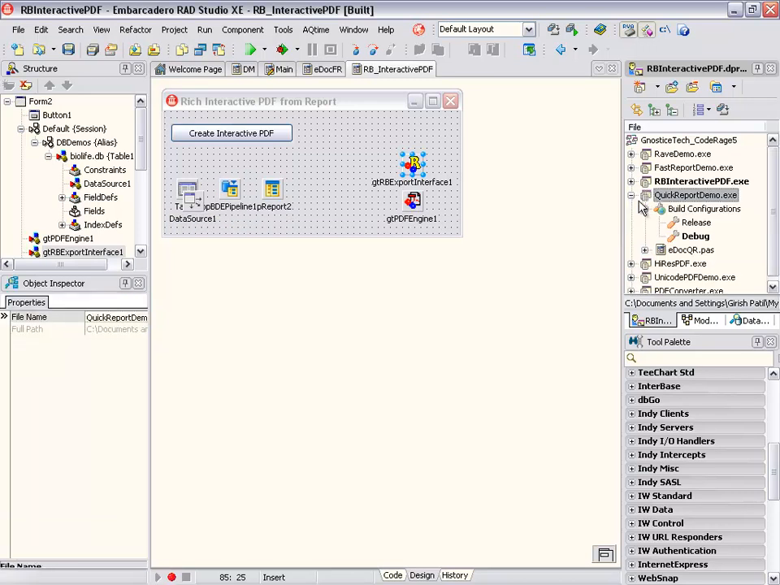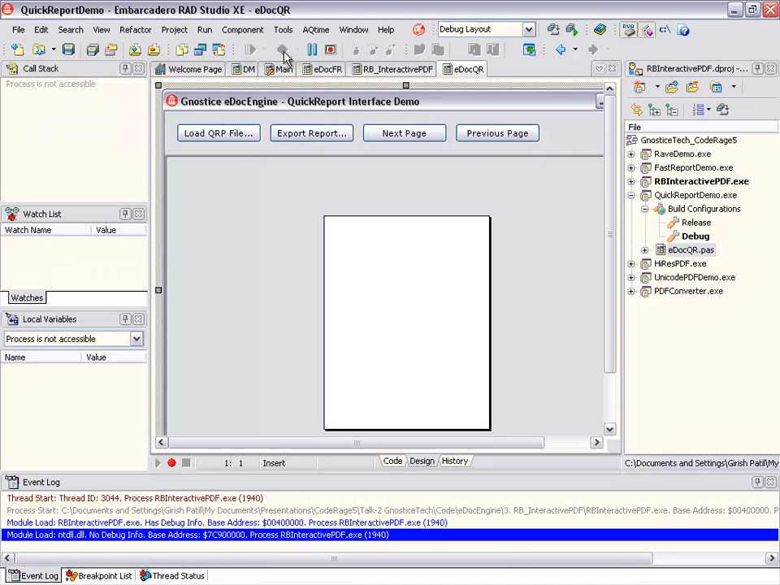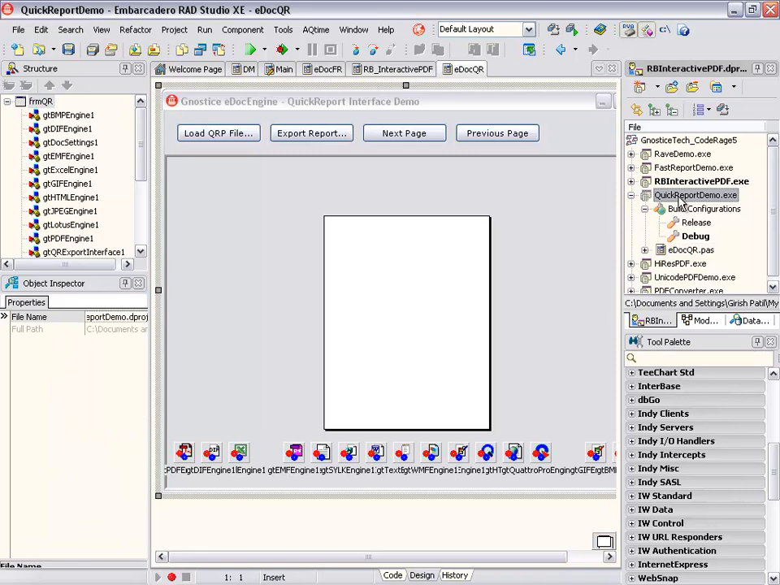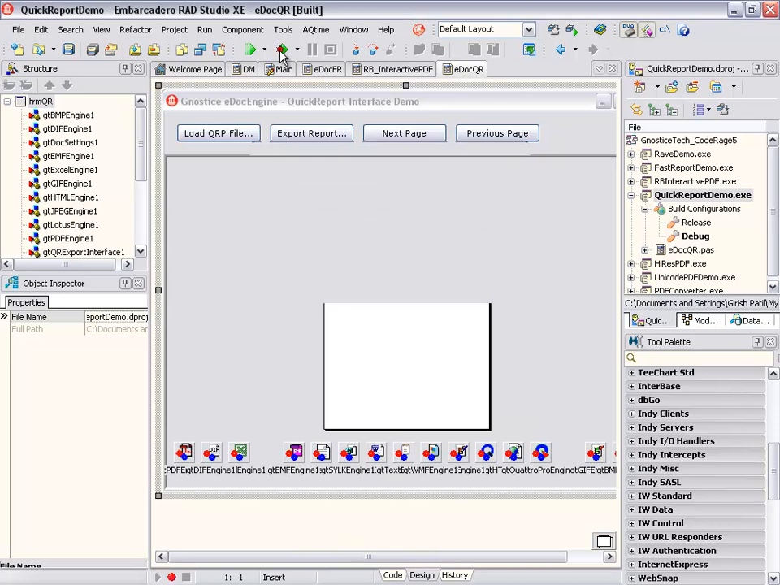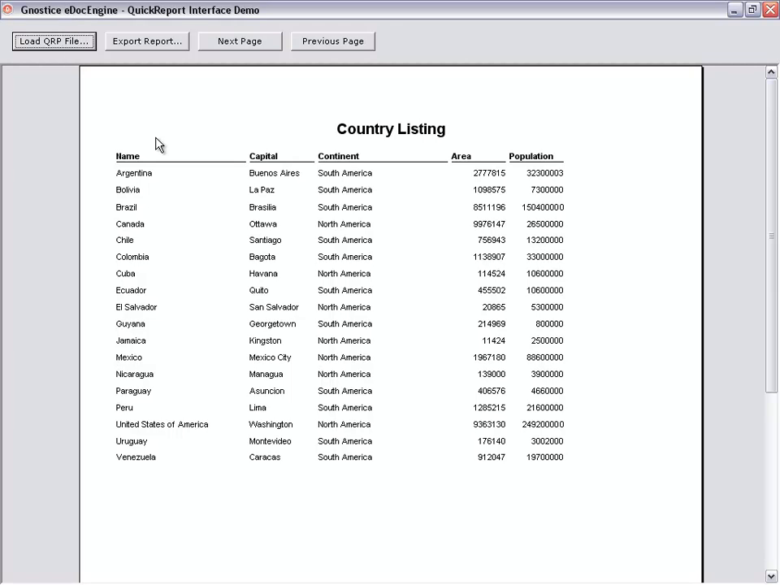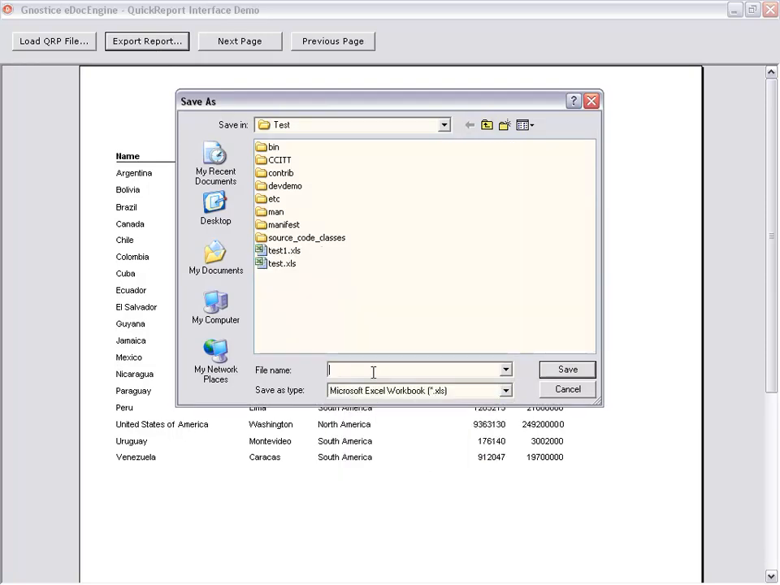Okay, so this is a quick report demo. Let me execute this real quickly. Okay, I need to make that the default application. Execute it again. So we have a simple report loaded up, and what I want to show is a particular feature of the Excel engine. So let me just execute it and select Excel right here real quickly and give a new file